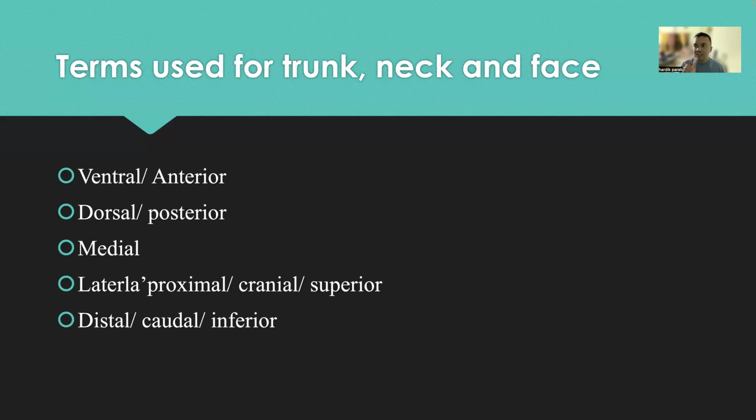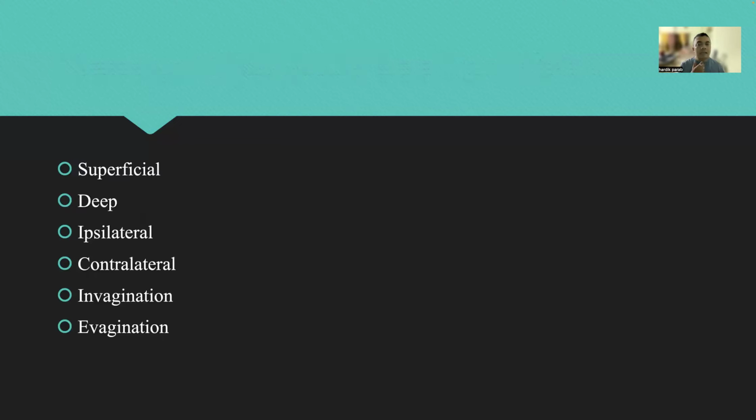Cauda, caudal का actual meaning होता है tail. Okay, cauda means tail, पूंछ। हमारे में पूंछ नहीं होता, but जो चीज नीचे की तरफ होगी उसके लिए हम caudal word use करते हैं anatomical. Either you can use distal, caudal और inferior। Inferior मतलब नीचे, distal मतलब नीचे की तरफ। तो जो structure हमारे foot end की तरफ होंगे, neck में, face में या trunk में, for them it is used distal terminology, caudal terminology या inferior terminology।